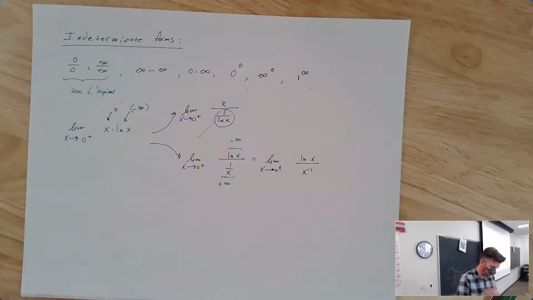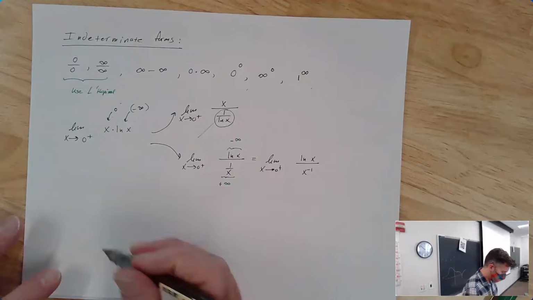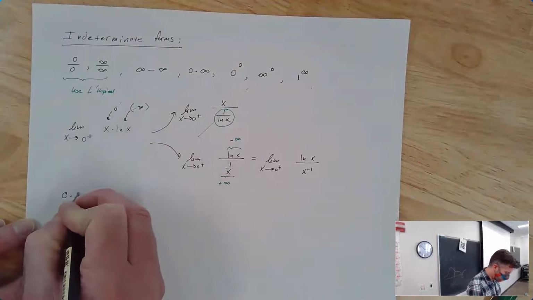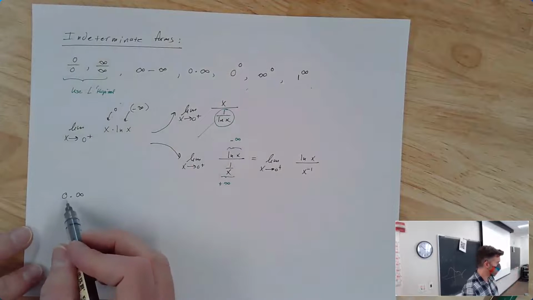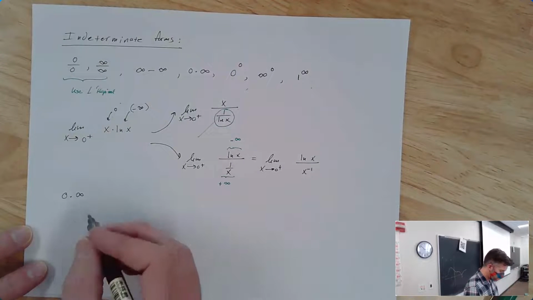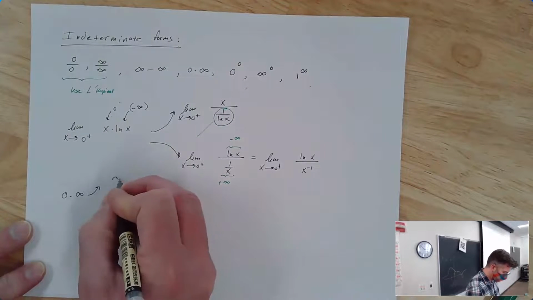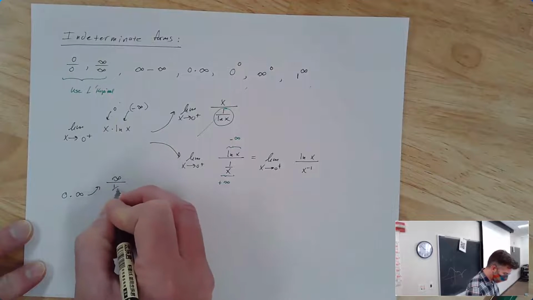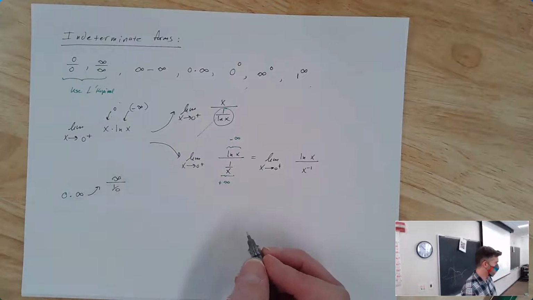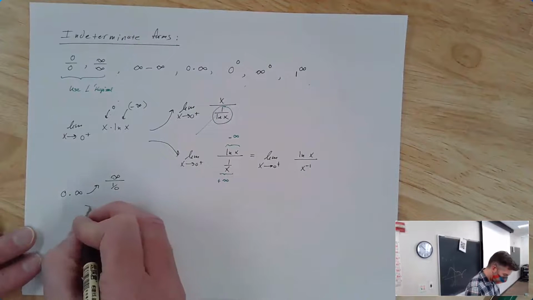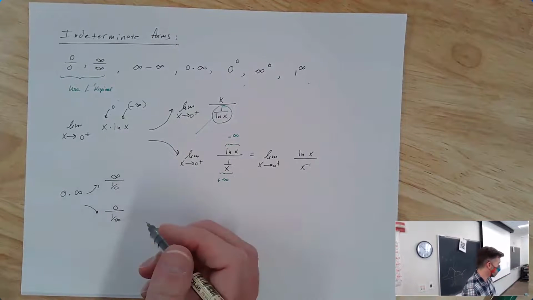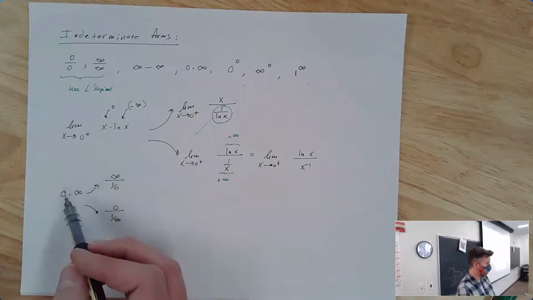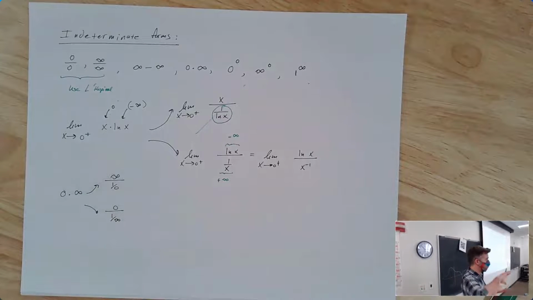And that makes sense if you think about it. If you have something that's like 0 times infinity, and you take one of those things and put it in the denominator as its reciprocal, well, it's either going to be infinity divided by 1 over 0. Oh, that's infinity over infinity. Or 0 divided by 1 over infinity. Oh, that's 0 over 0. So when you put one of the factors in the denominator as a reciprocal, it kind of becomes the other thing.